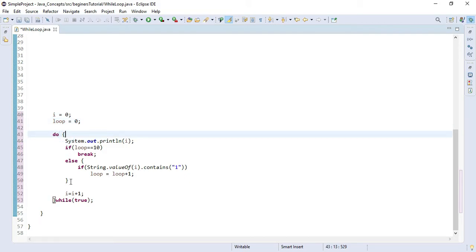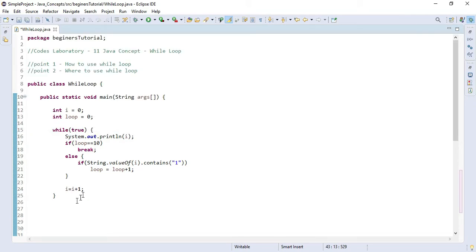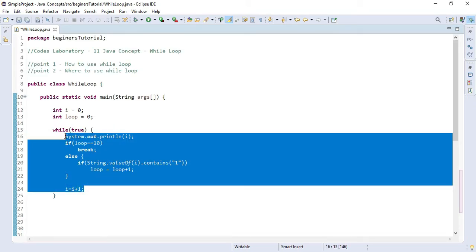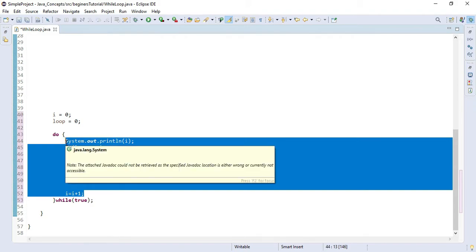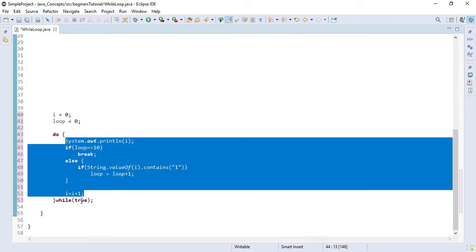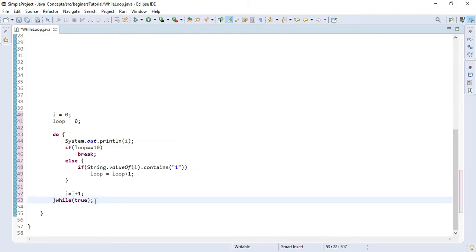In that I have copied everything which I have written here, and after that I have written while and put the condition here. There is only one small difference in do while. It will first execute the body, then it will check the conditions we have applied here. In while loop it first checks the condition, then it executes the body.